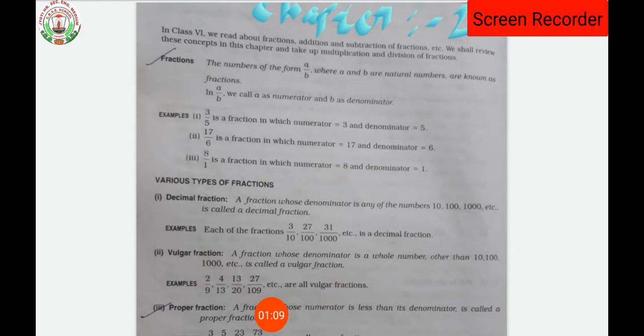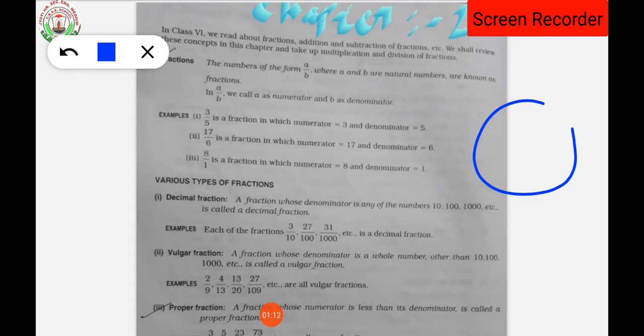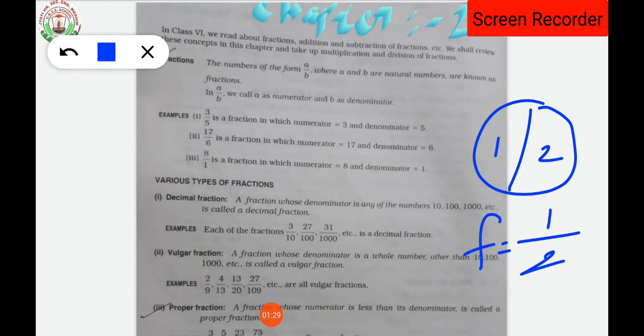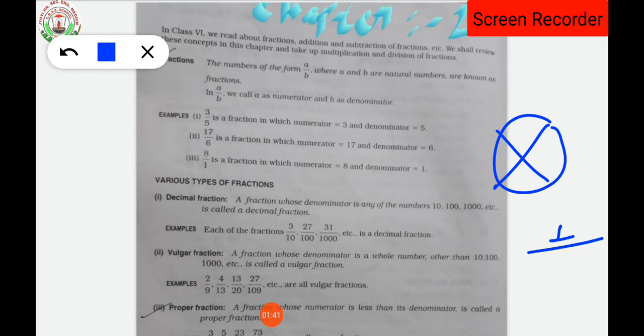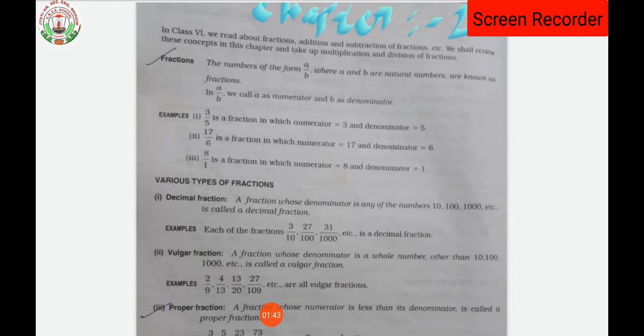That means, a simple example you have already studied many times. Suppose this one is a circle. The circle is divided into two parts. So how many circles are there? There is one circle, and how many parts is that circle divided into? It is divided into two parts. So what will be the fraction of this circle? Will be 1 by 4. Similarly, if any circle is divided into four parts, how do we write this? This will be written as 1 by 4, because the circle is divided into four parts.